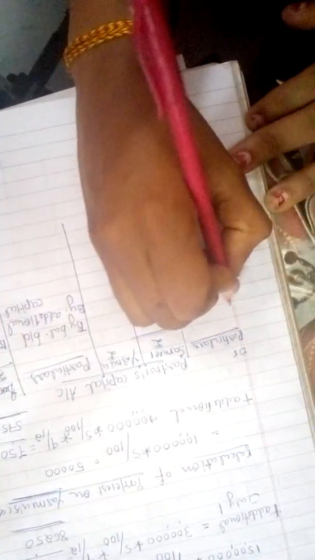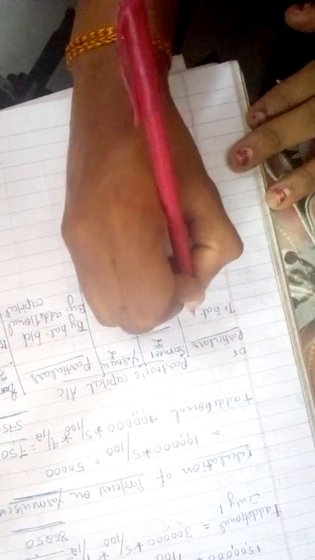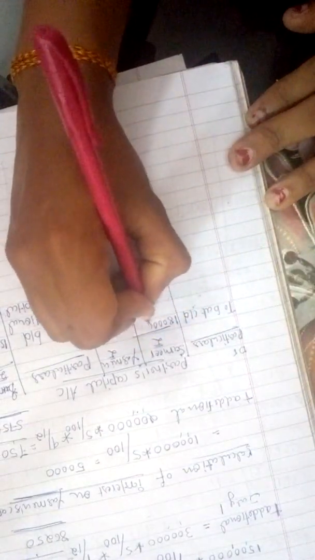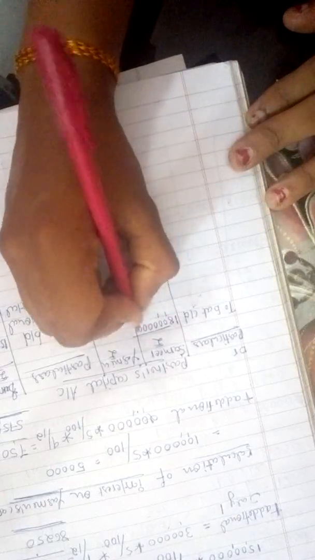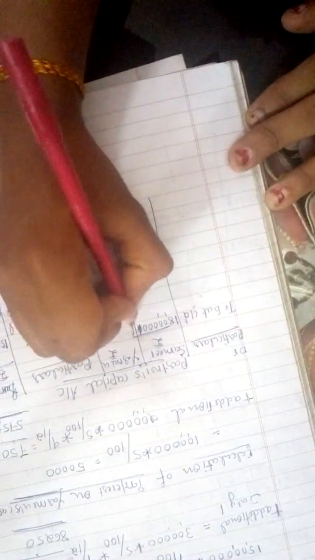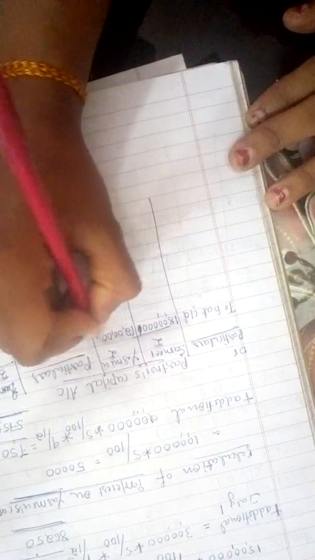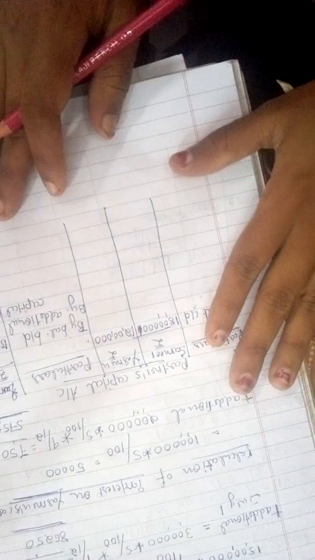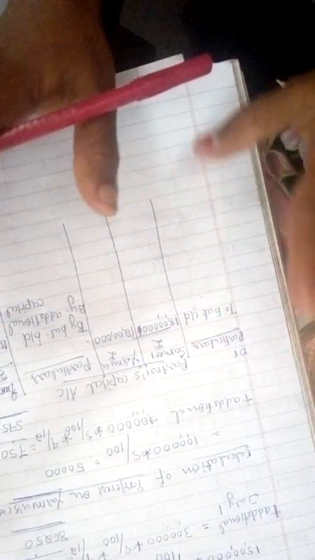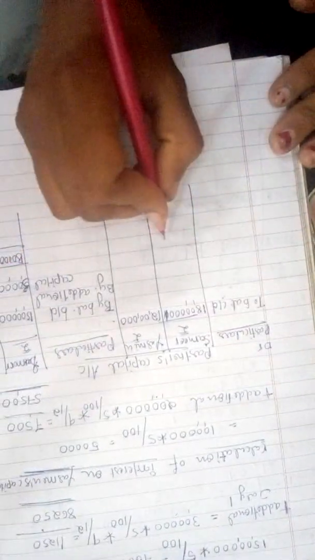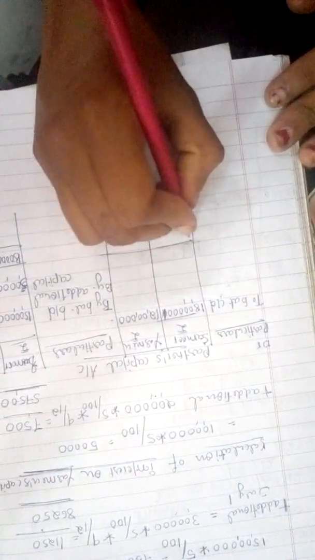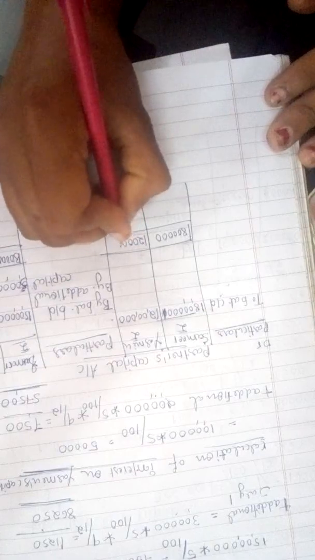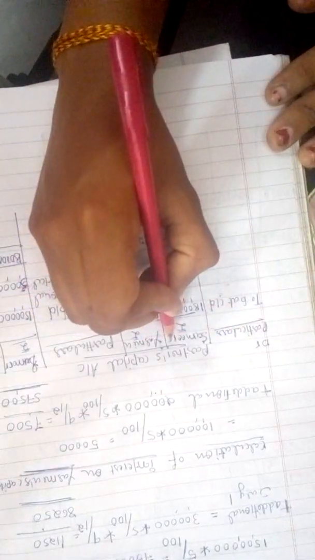So this one is carried down here, to balance carried down. What is the amount? 18 lakh and 12 lakh. So don't miss any zero, okay? Whenever you are solving a problem, see whether the amount is written properly or not. So now what we need to do? Write the total amount, 18 lakh and 12 lakh. So now this partner's capital account is over.